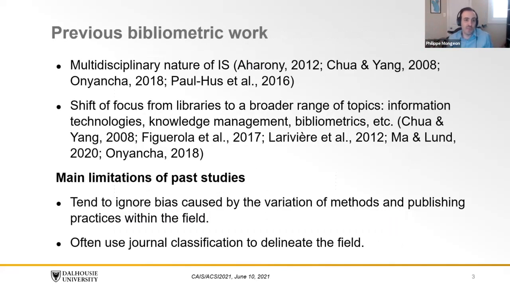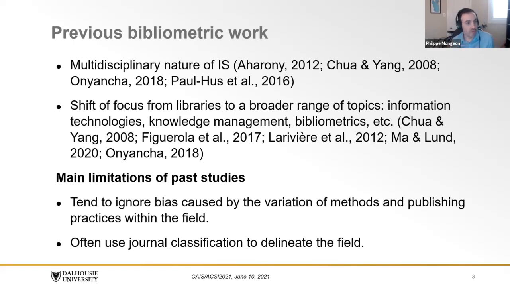There are also previous bibliometric works that have attempted to produce maps of our field in order to highlight this interdisciplinarity, or its diversity, or how it's been evolving over time. So our work in this regard is not necessarily new or original. We are doing yet another map of information science. There are some specificities to our map, which I will get to in a moment. But